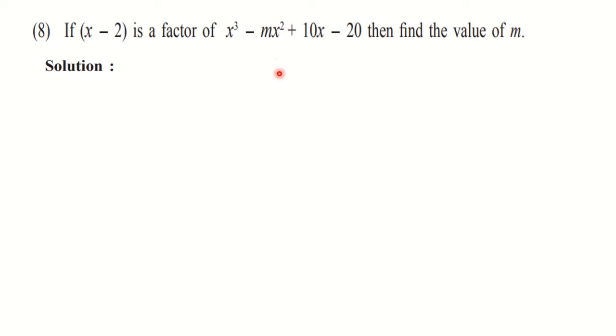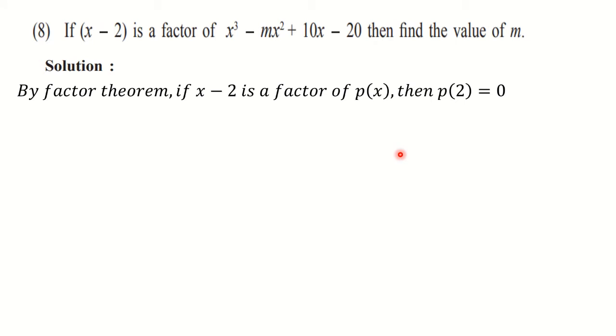So by the factor theorem, what we can say here is that the remainder is 0. And how to get the remainder? If we take this polynomial as p(x), and here we have minus 2, so we have to take the opposite number here. So here we can write that p(2) is 0. Let us write down that statement. By factor theorem, if x minus 2 is a factor of p(x), meaning this polynomial, then p(2) is 0. As I have said, you have to take the opposite number. Here we have minus 2, so we are taking 2.